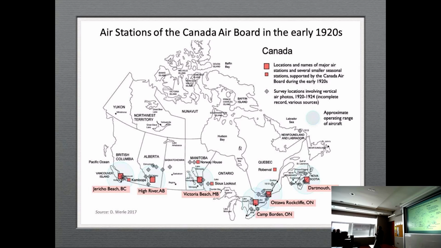The Australians also got a batch, but they didn't quite use it as effectively as the Canadians did. There was also a portion that went to India and to South Africa, but none of these countries made as effective use of that equipment for surveying the vast lands. And it was this vastness of the country that really served as a motivation for the Air Board to do its job. So the planes were all dispatched to the various air stations, including the air photo equipment,